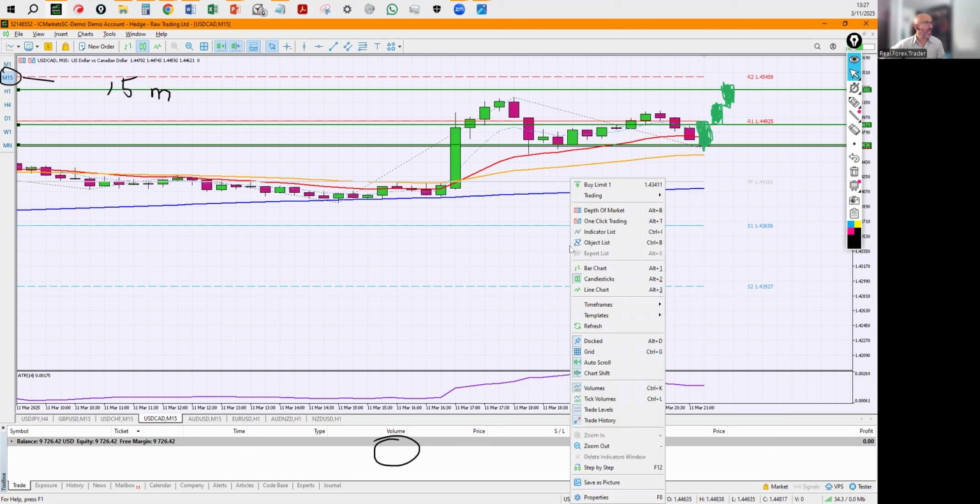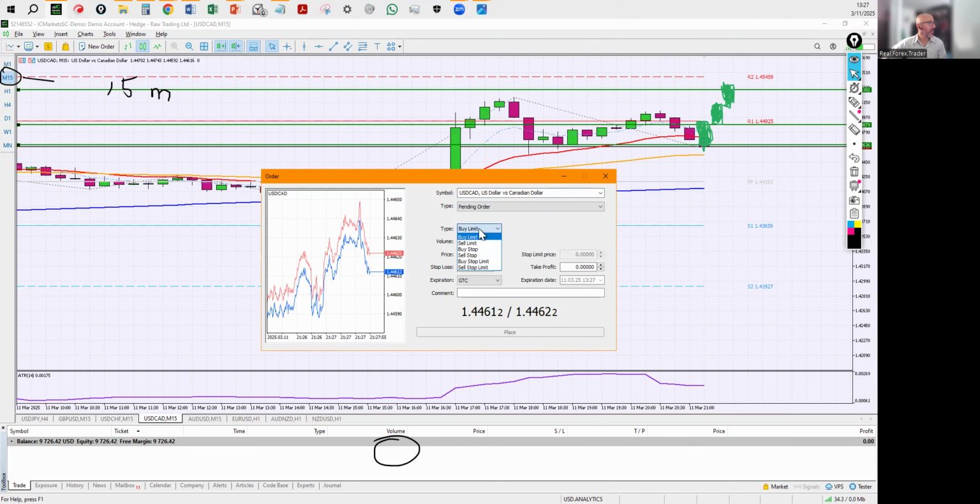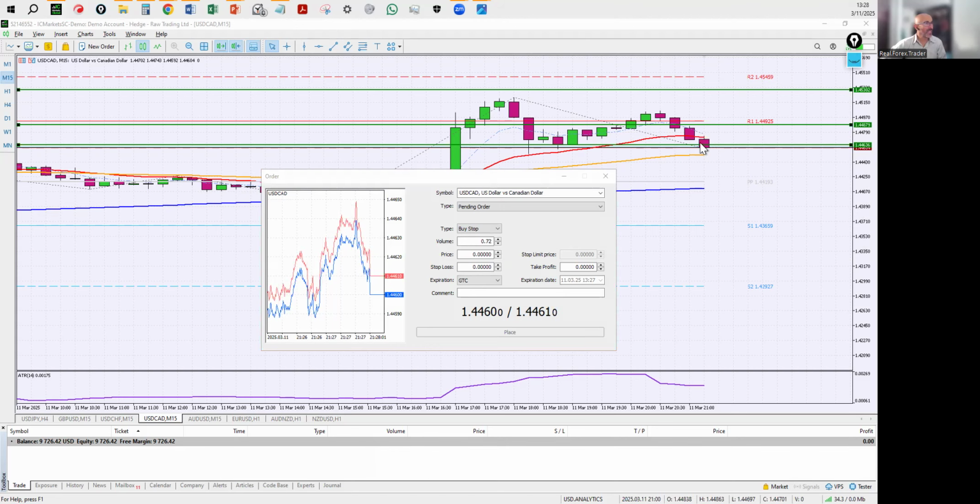So now I do it again. Place a new order, okay. Market execution, never. Pending order, buy stop, because my intention is to buy what? Is to buy above the current price, okay? Okay, the volume is 0.72, but according to my